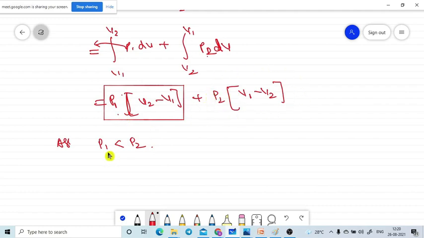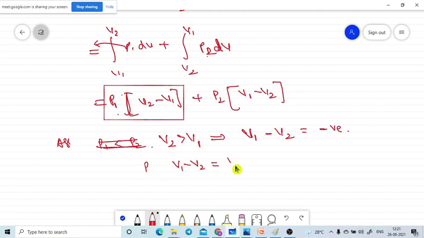Yes, sir. Now otherwise we will start from another manner. Let me take V2 is greater than V1, na? That implies V1 minus V2 will get a negative value. But one more condition is there: V1 minus V2 is equal to V2 minus V1, only in magnitude.